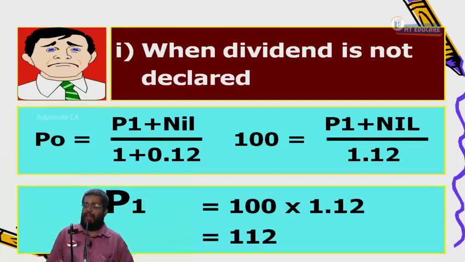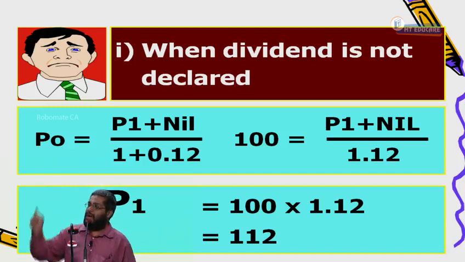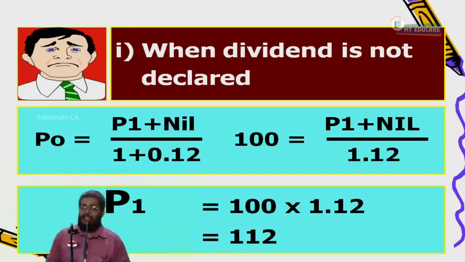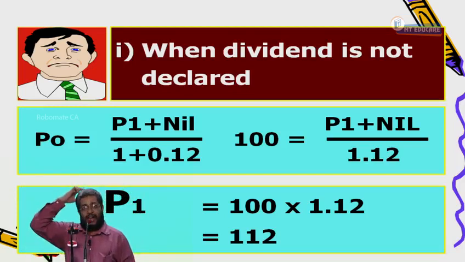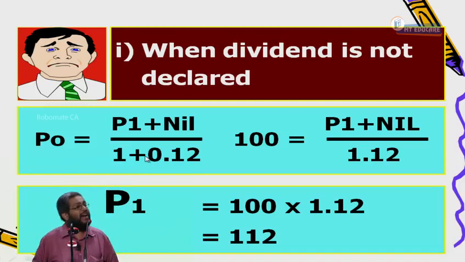112 after 1 year. You also expect no dividend to be declared, and you are wanting how much return? 12%. Your future cash flow is how much? 112. The present value is what? 100. Is the price you are willing to pay for the share? Yes or no? It is not you are willing, this is what the market is expecting. So the share price, if no dividend is declared, if everything works as per plan, should be how much rupees? 112 rupees. After 1 year, respond, accept or not?